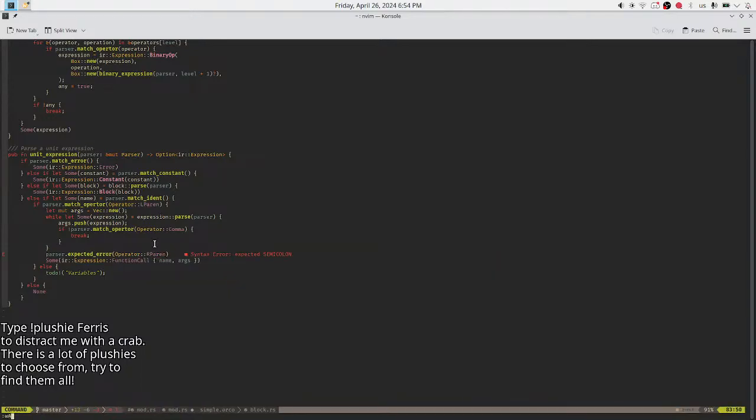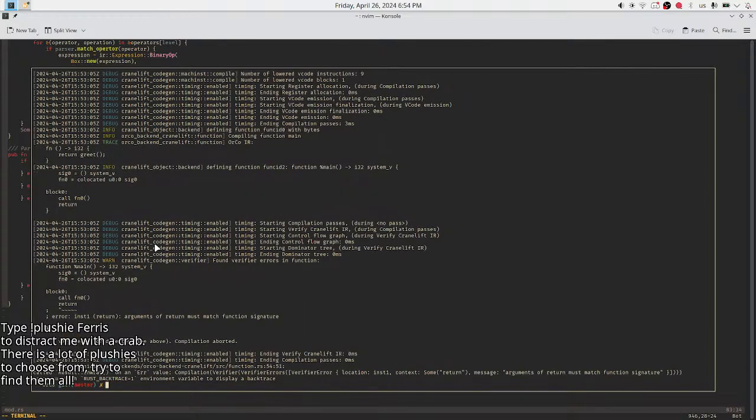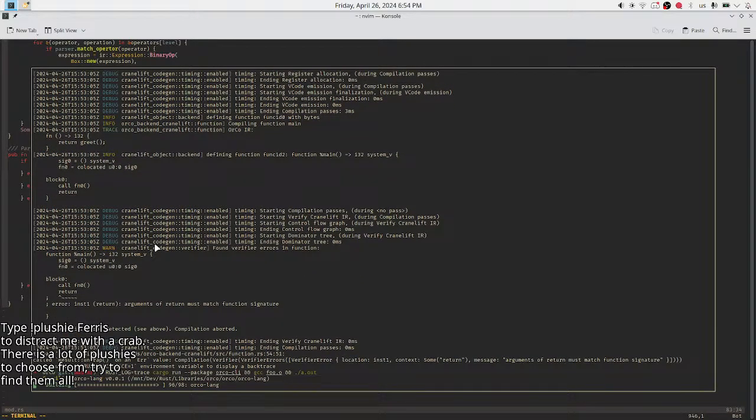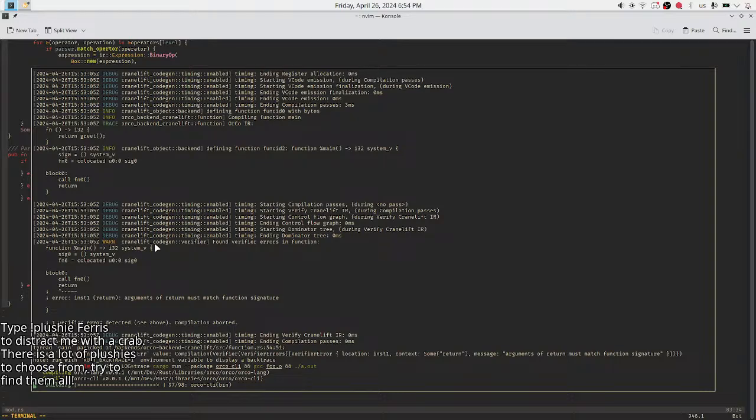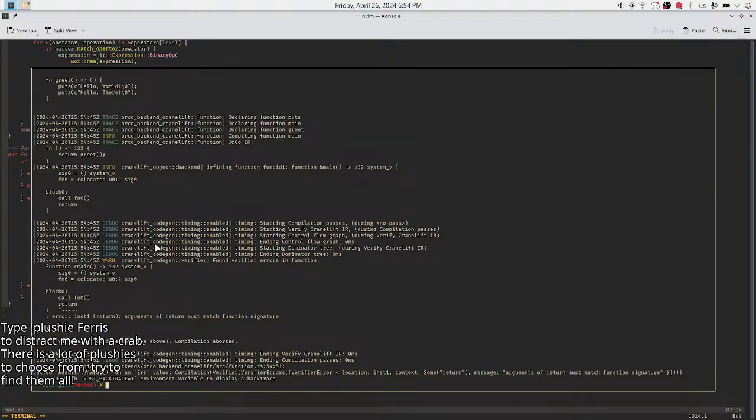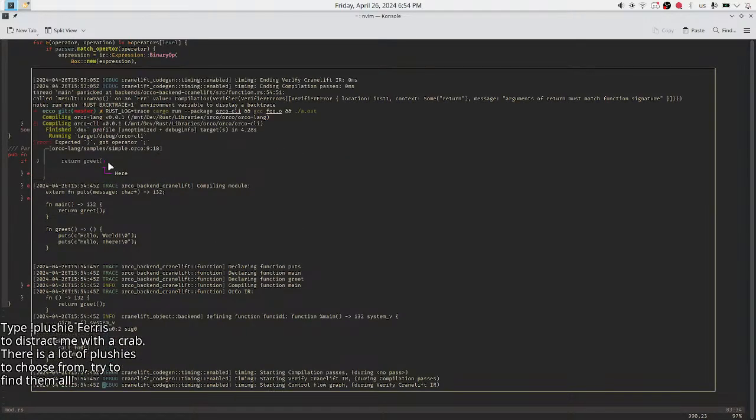No, expect operator. That's what I meant. They just parse a function, parse an invalid code and generate a result from it.